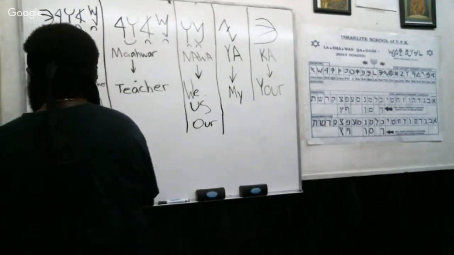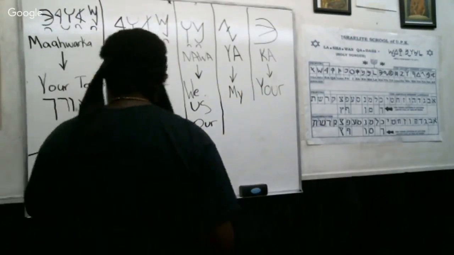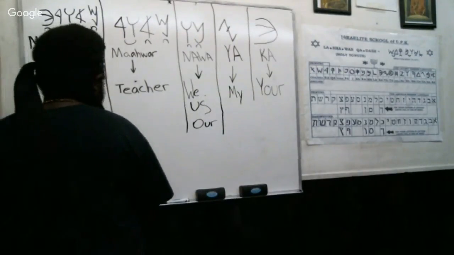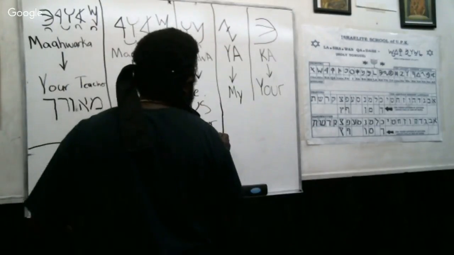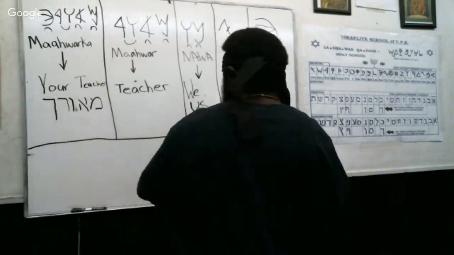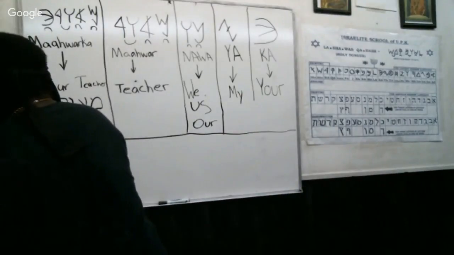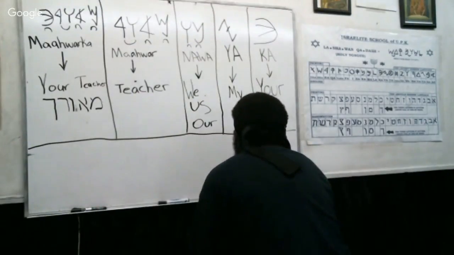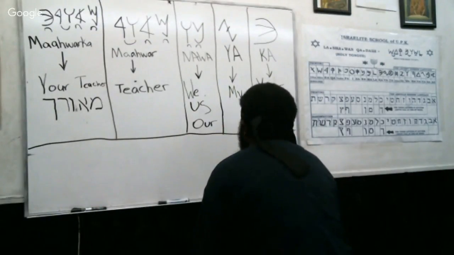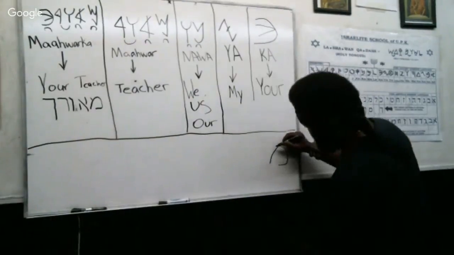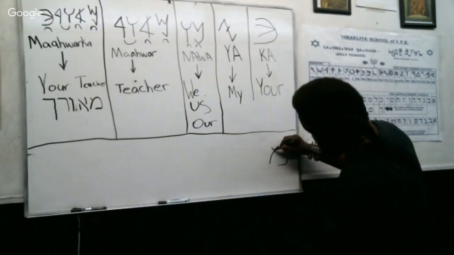If you were to read this tomorrow, even though we went through it today, now this happened to me. When you go to read and you see that word up there tomorrow, you might not know that it's Ma'awarka, because the Assyrian ain't our natural writing. So you're still in your brain trying to figure out, is this right? Am I saying this right? You're trying to get the flow of it, getting into saying your language. But you may see this exact word tomorrow, and you may not know how to pronounce it.